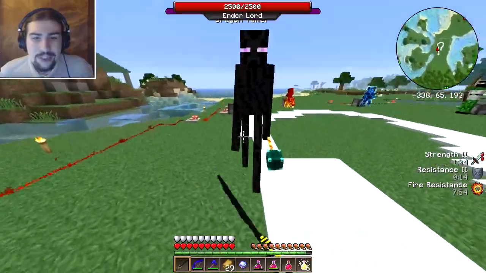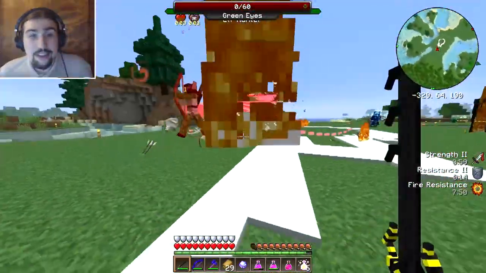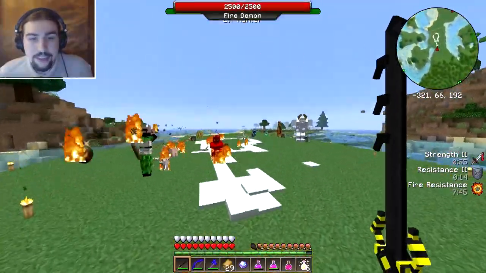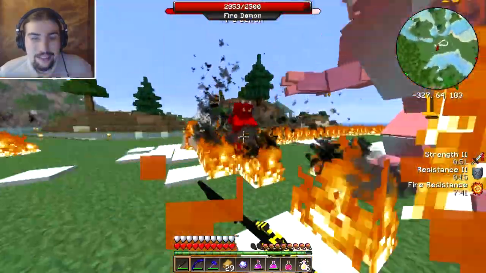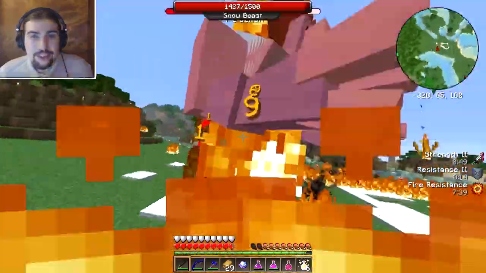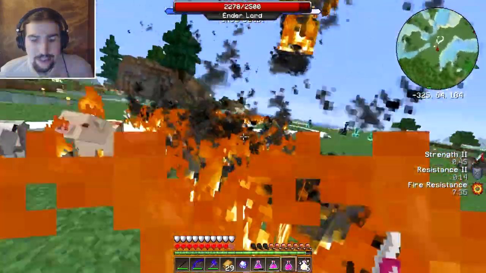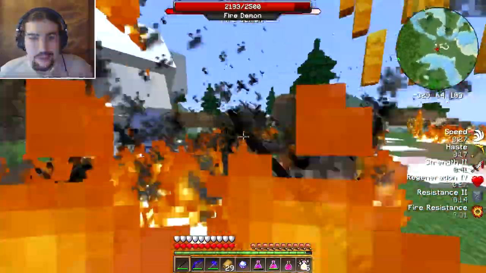Okay, so we have all these bosses here, and I have no idea what's on me. Oh my god, I just see giant things of fire. And, okay, this is more chaotic than I thought. So there's the Snow Beast around, and the Ender Lord, and the Fire Demon, and I have no idea what's going on. I'll drink the magic apple juice, and okay, so we got a bunch of positive buffs from that,